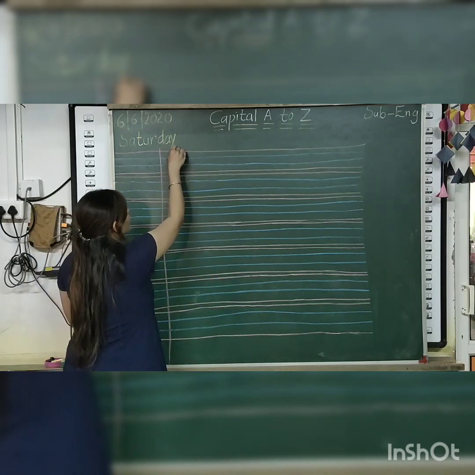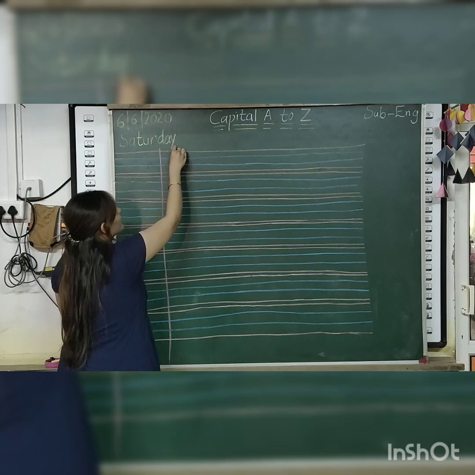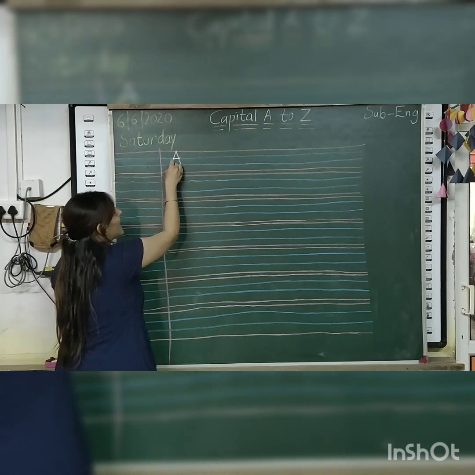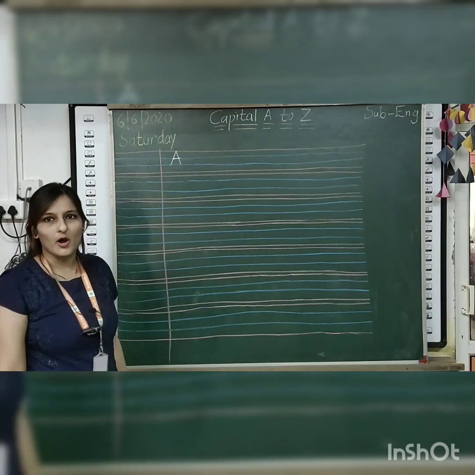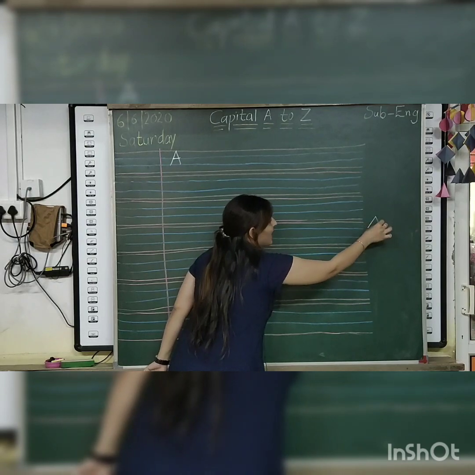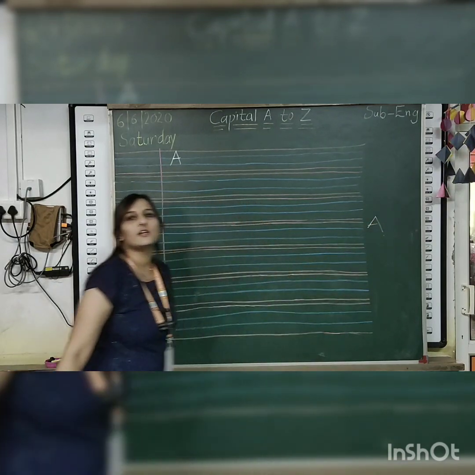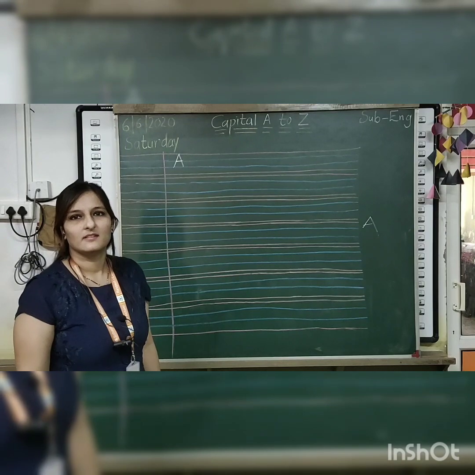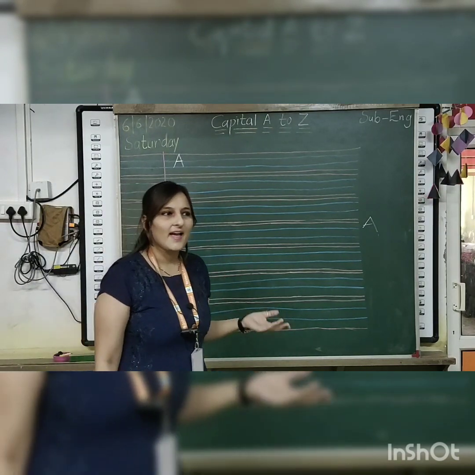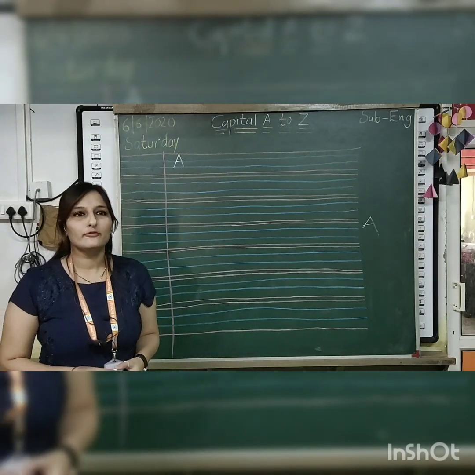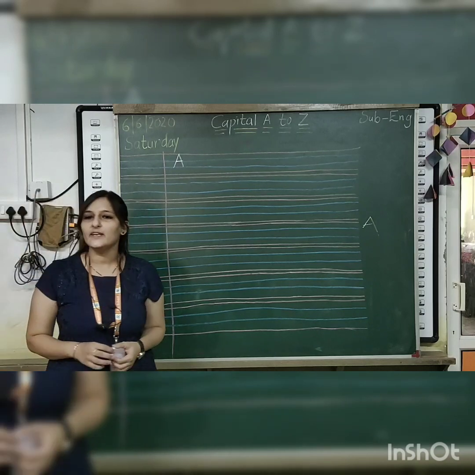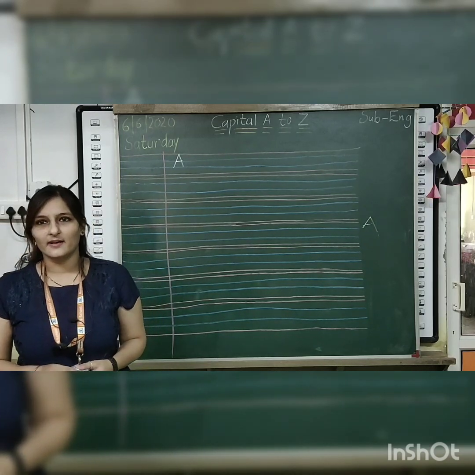Start from here, touch the blue line, slanting, start again, then sleeping. You have to touch these lines properly, so it should look proper. If you will not touch it, it will not look proper and it will look like this. So touch it in a proper way. So we have written here A. A for apple, A. Apple is very good for our health. Who likes to eat apple? Yes, it's very good. Apple is of red color.